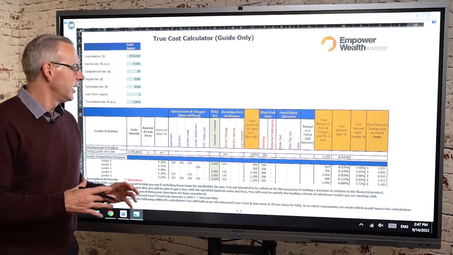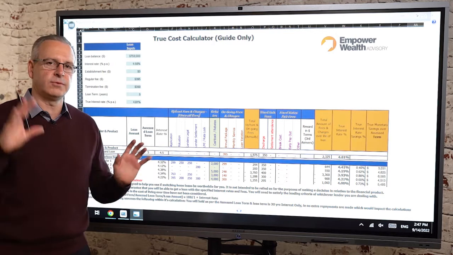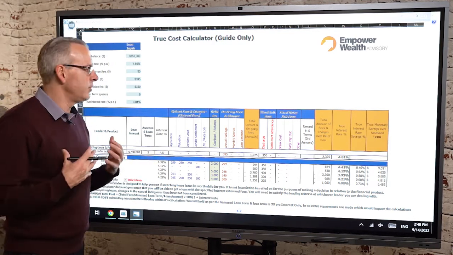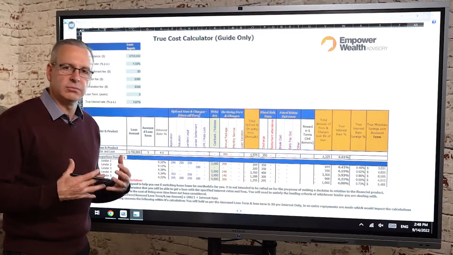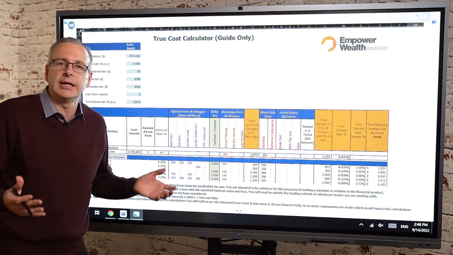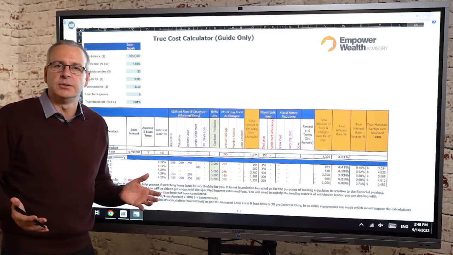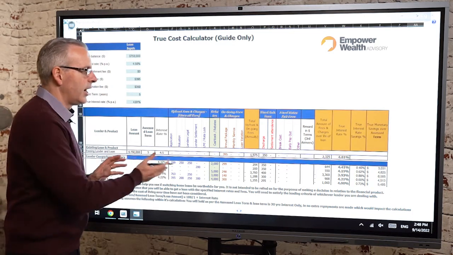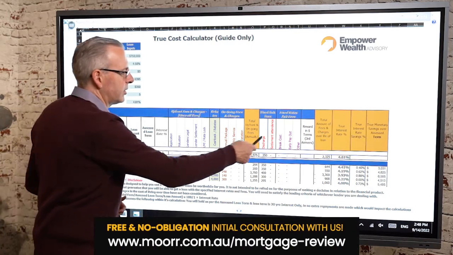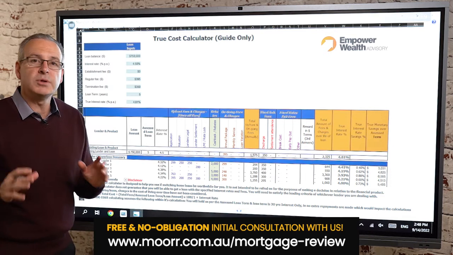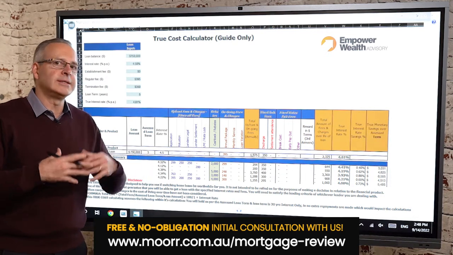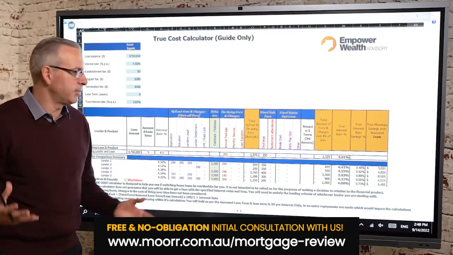So is this counter to the comparison rate? Full disclosure, 100%. Is this what you want? Well, if you're a client of mine, I've got responsible lending obligations, but I also have an obligation of trying to get you what I would think is the best deal. So from a regulatory point of view, I actually think that this is potentially helpful for you if you can start to think about all of those other costs. But like what we said in lesson number 2, where comparison rates are well intentioned, but not necessarily perfect,